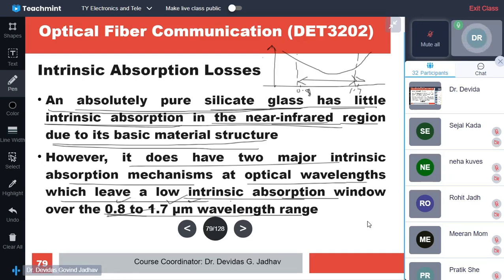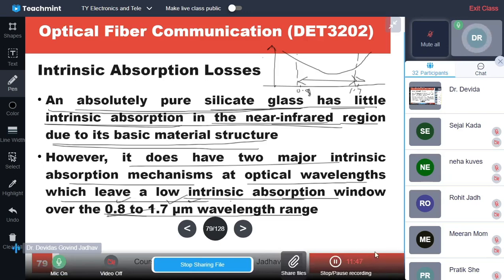So complete the project simulations early, and I have shared the optical fiber journal. Write it immediately and solve all the quizzes. I am releasing today also 1 or 2 quizzes from the 4th chapter, and next we will start with the 5th chapter. So let us meet tomorrow. I am stopping now. Thank you.